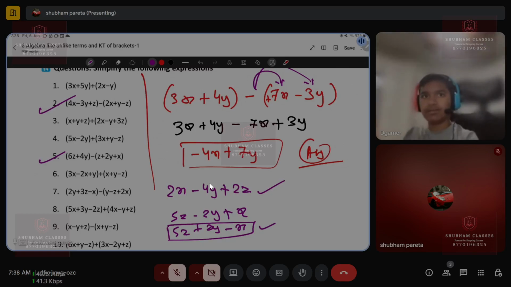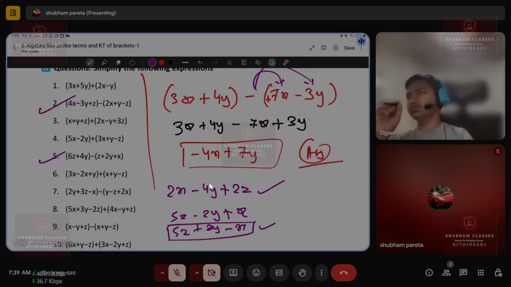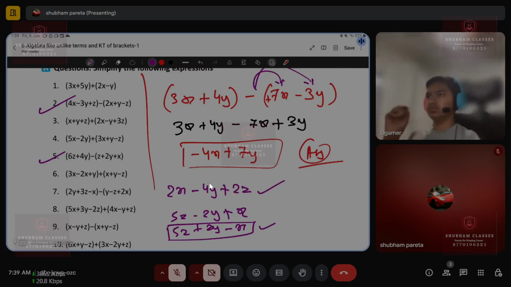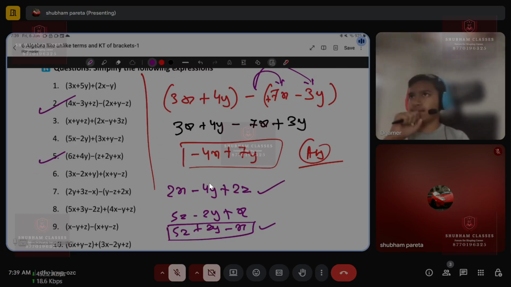So when teachers are correcting a paper, what they have to do now is check what exactly needed to be done. They need to check whether the terms are right or not. Is the 5z term right or not, is the 2y term right or not, is the x term right or not. Their answer, and the signs, are correct or not, like that. So I hope now you're getting the things.